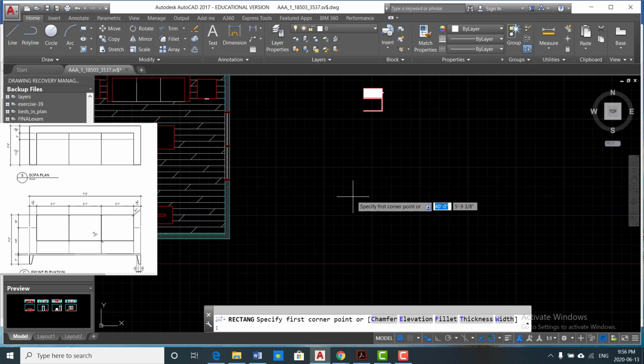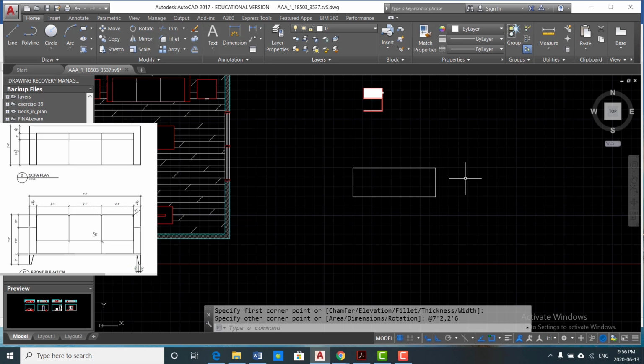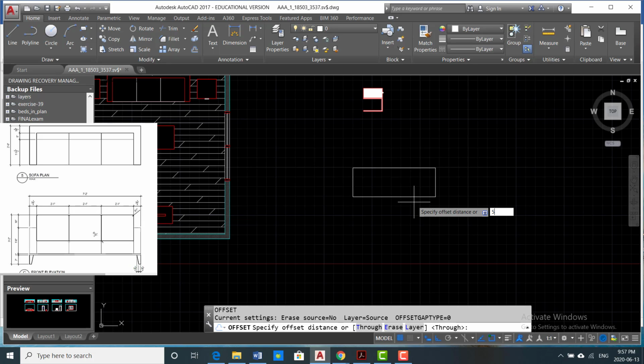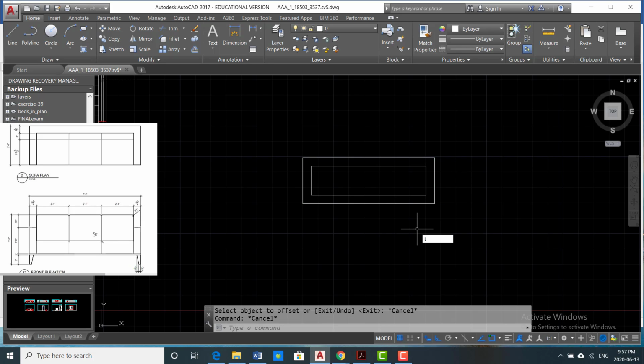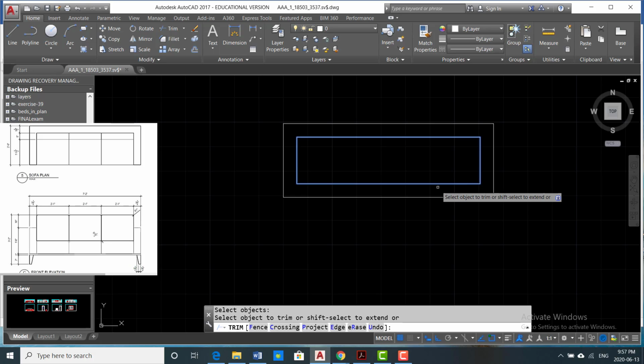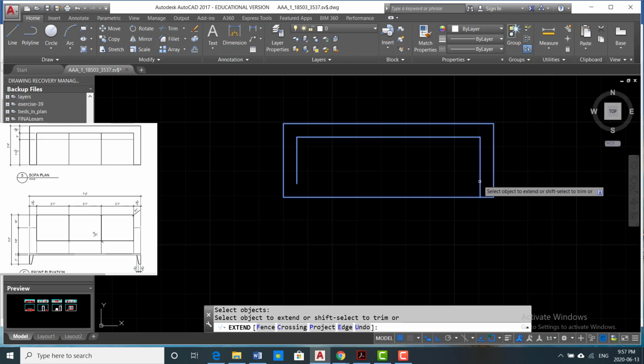I draw a rectangle and it's 7 feet 2 comma 2 feet 6, spacebar. Then I use offset, and for the backrest and even the armrest it is 5.5 inches. Then I offset this like that. The next thing, I use trim and get rid of this part. I use extend. Then I extend this to